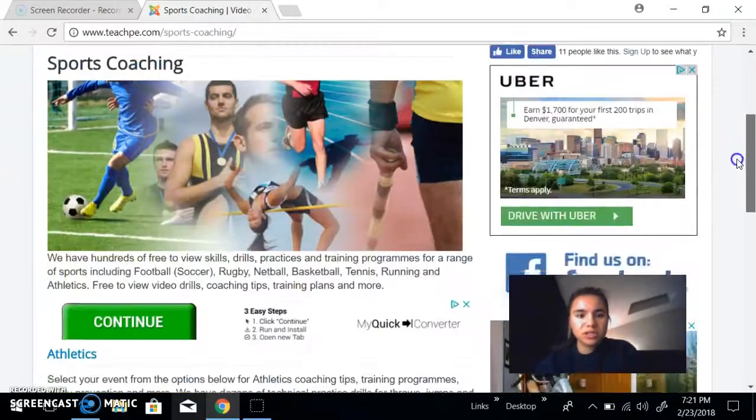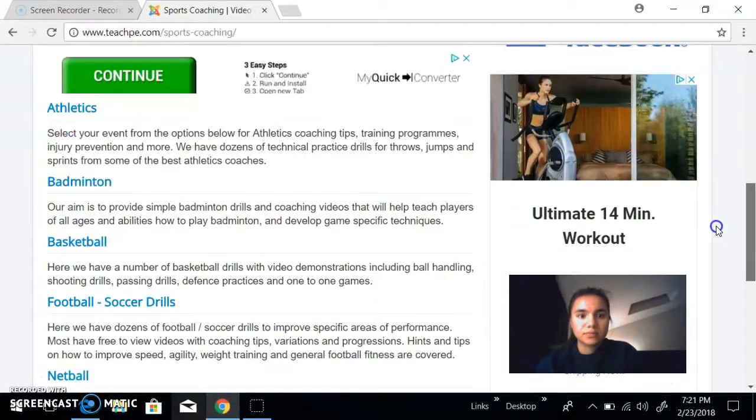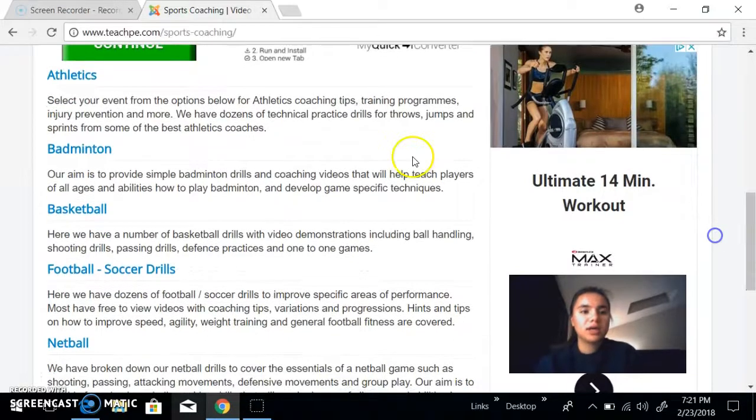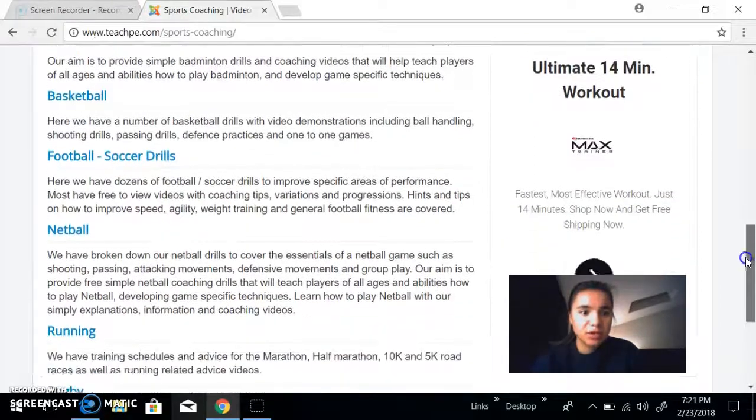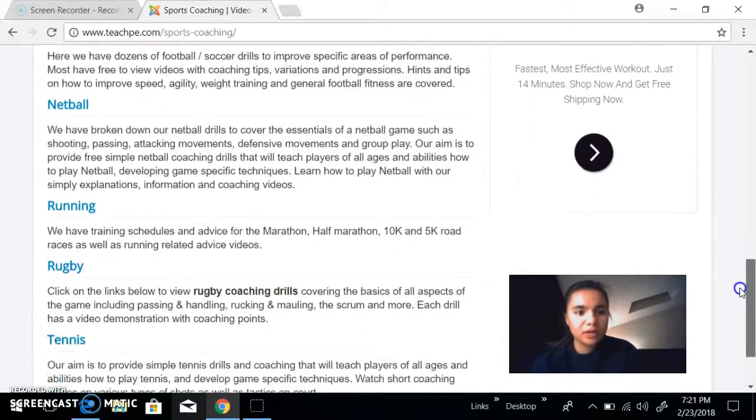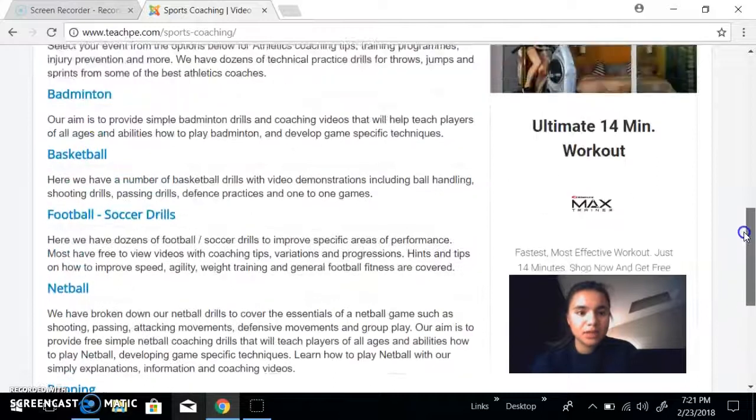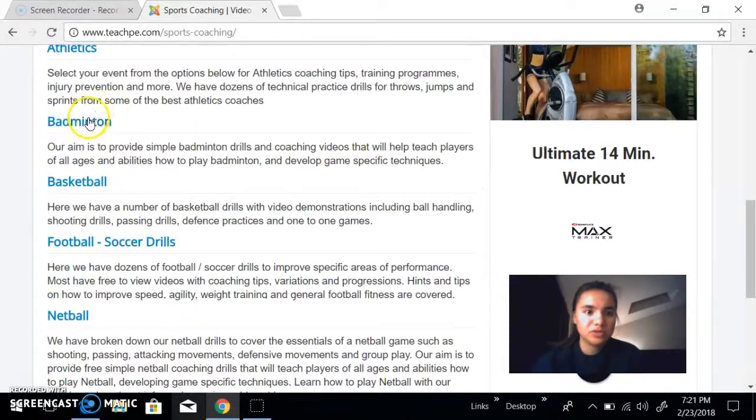And it gives certain sports. So just up here it has athletics. This has coaching tips, training programs, injury prevention. Doesn't really pertain to us, so we'll just skip that for now. It has badminton, basketball, football and soccer, netball, running, rugby, and tennis. So let's say we're on our badminton unit. So I click on badminton